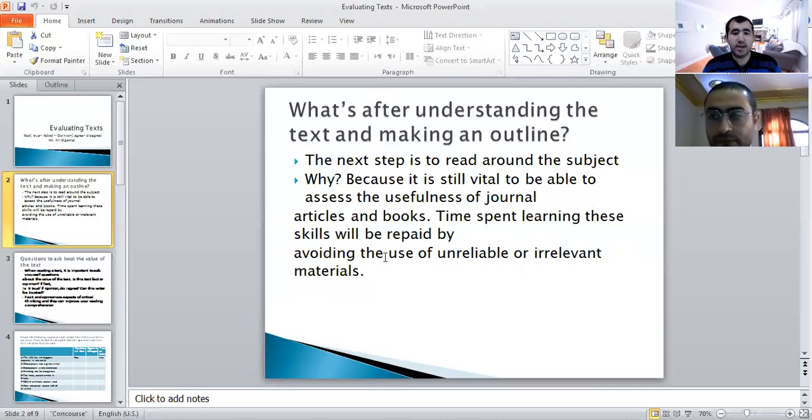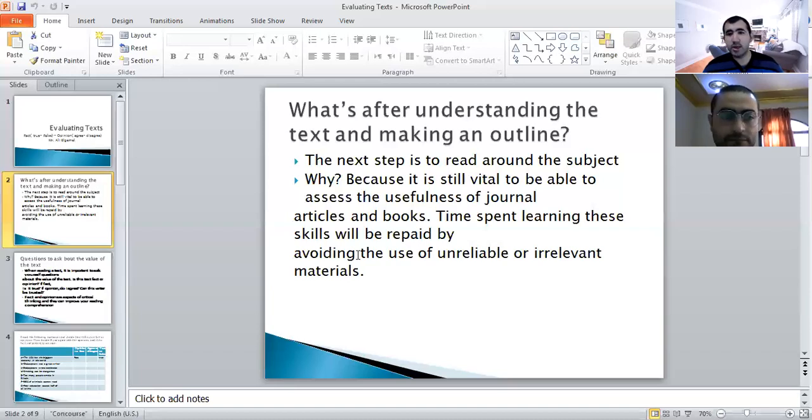So if someone is just writing an article on a blog, this is not authentic. It's unreliable because we don't know the person. But if you know the person who is writing this article, let's say this person is from Cambridge University, then we are pretty sure that this person is reliable and these materials will be authentic, even if it's on a blog. So we need to know the source: who is the person and what is he or she writing about?